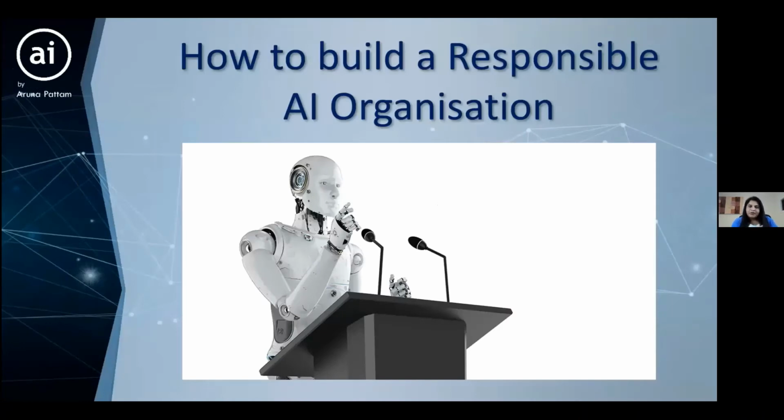Now, we talked about addressing bias and what steps we need to take. I just wanted to go a little bit higher, because AI is becoming everywhere and it's going to be used in every industry and it's going to touch everyone's life, the organizations who are building it should have a